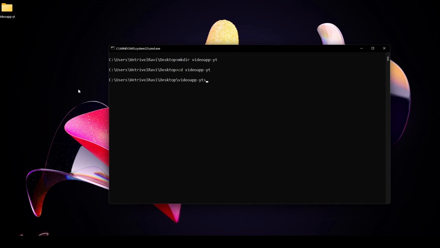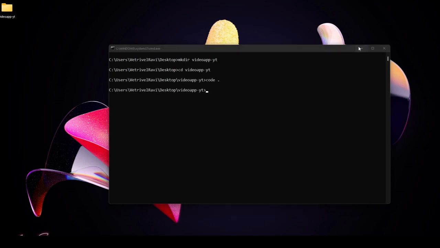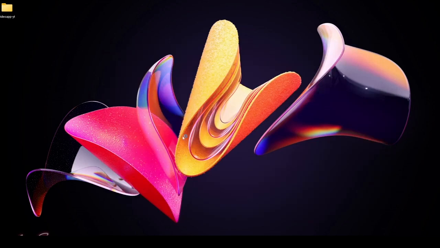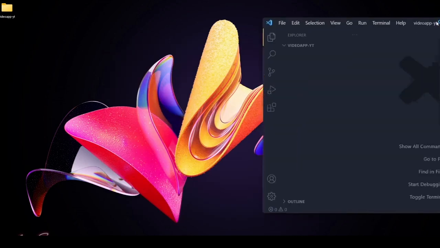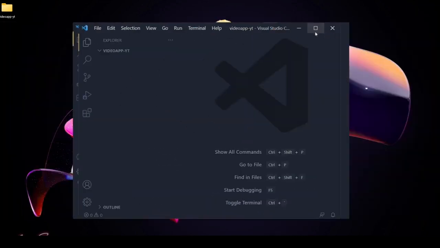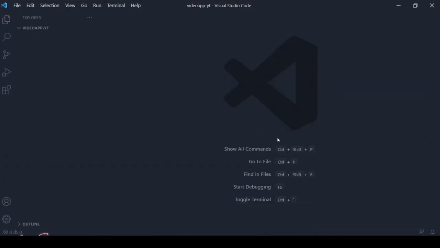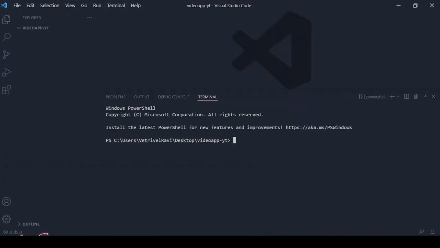So that created the folder, and let me open it in Visual Studio Code. Visual Studio Code, where is it? Oh, here it is. It's on my other screen. Cool. So we successfully created that folder, and let's open the terminal and create a new terminal,